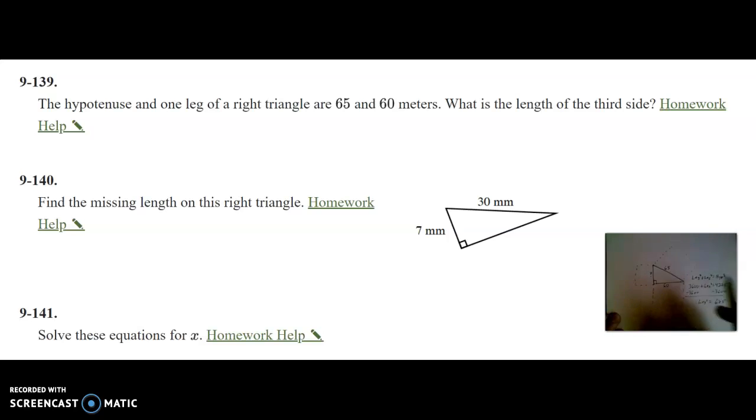So what I found out is that the area of this square is 4,225, the area of this square is 3,600, and the area of this square is now 625. What's nice about the 625 is that if I then take the square root of both sides, because I don't want leg squared, I want leg, the square root of 625 is exactly 25. So that is the missing length for 139. We're going to skip down to